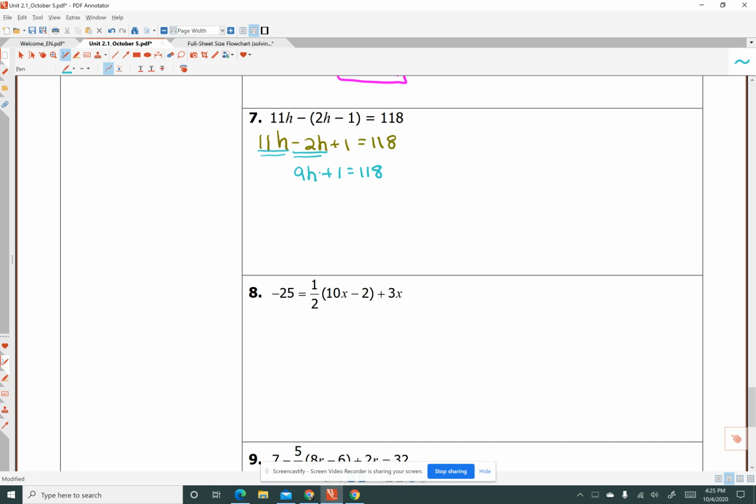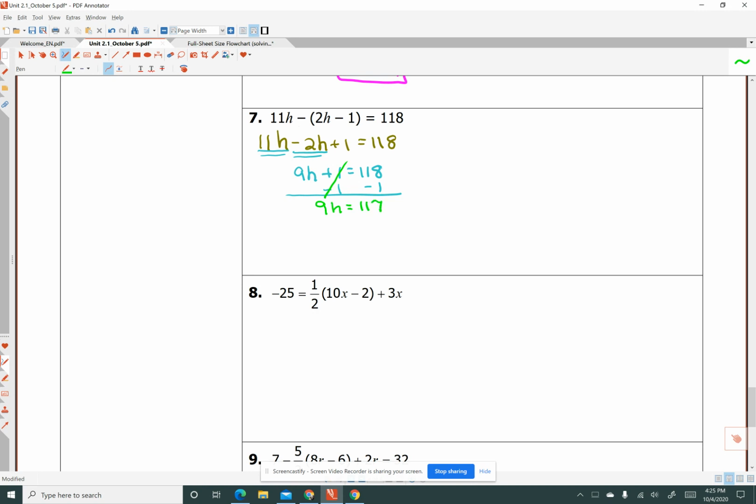I do want to move this 1 over to the right side so I can have 9h equals something. So if we have a plus 1, we can use the inverse operation of subtraction and subtract 1. Whatever we do to one side of an equation or inequality, we must do to the other side. So plus 1 minus 1, they combine to make 0. And we have 9h equals